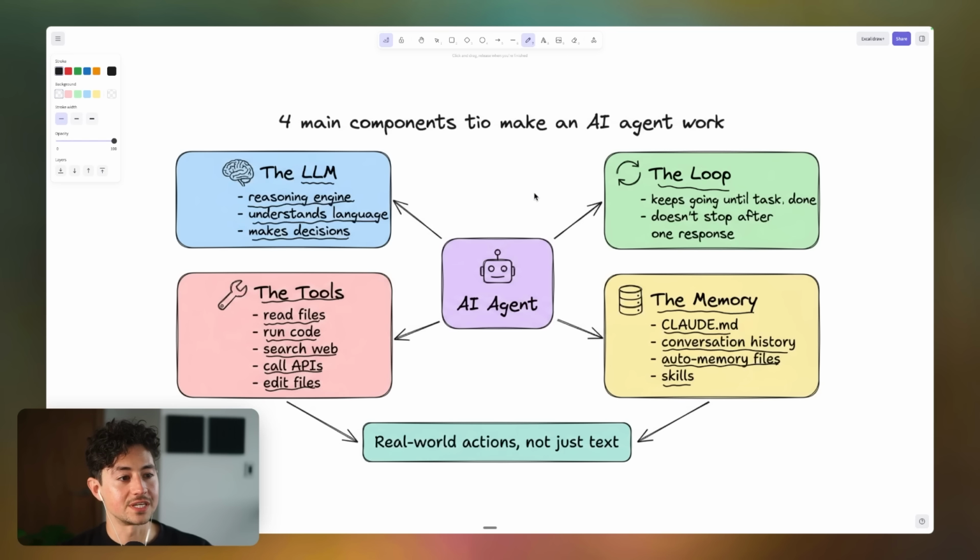And so it's not actually just the LLM, for instance, that makes an agent work. It's really all of these things multiplied by the fact that the LLM provides us the ability to be a little bit flexible. And that's the really big difference between just a chatbot and an AI agent. A chatbot might just be the LLM. Okay. But an agent takes that LLM and then it adds on tools, a reasoning loop, memory, and so on and so on and so forth.